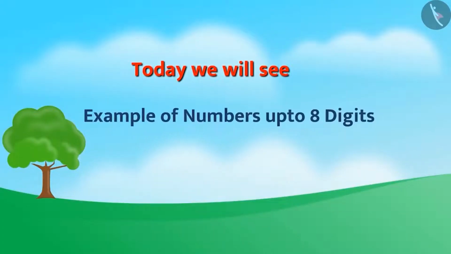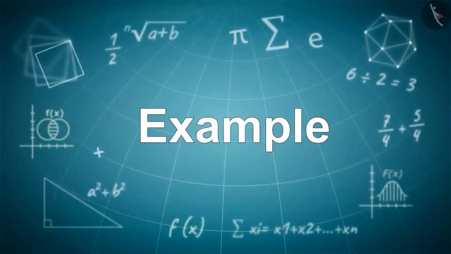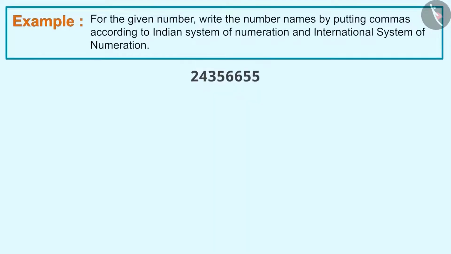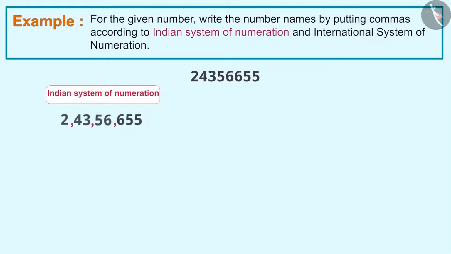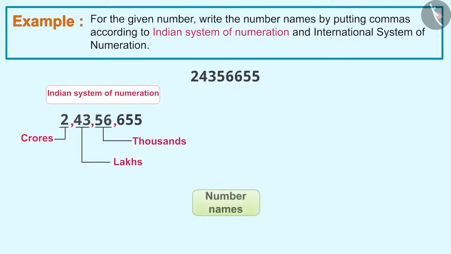Today we'll see examples of numbers up to 8 digits. Example. For the given number, write the number names by putting commas according to Indian system of numeration and International system of numeration. According to the Indian system of numeration, commas are used after 3 digits from right to mark thousands, then after 2 digits to mark lakhs, and then after 2 digits to mark crores. So according to this system, the number name will be written as 2 crore 43 lakh